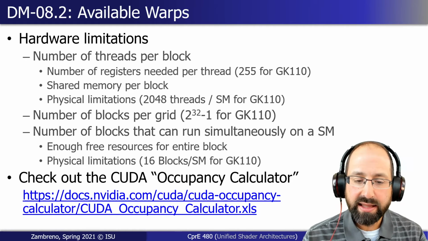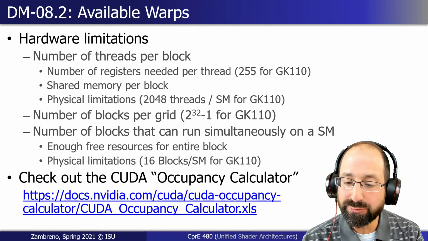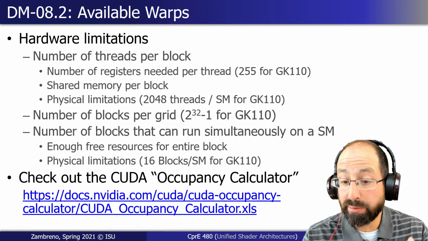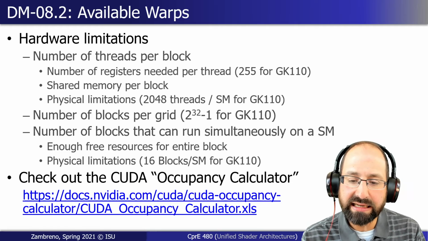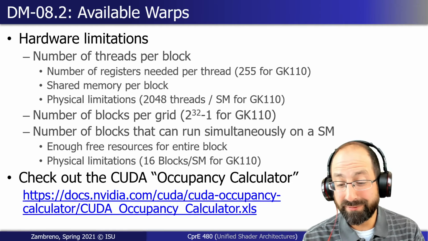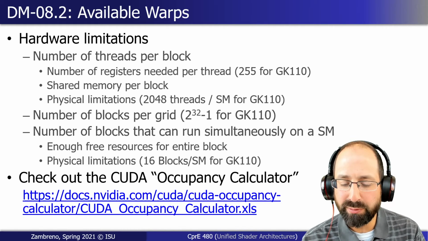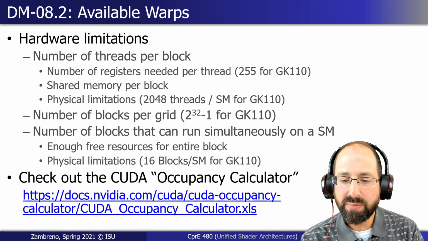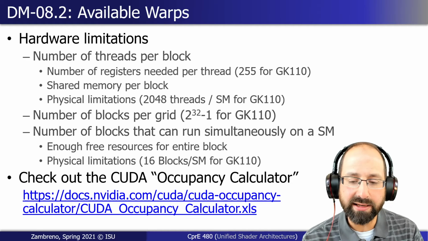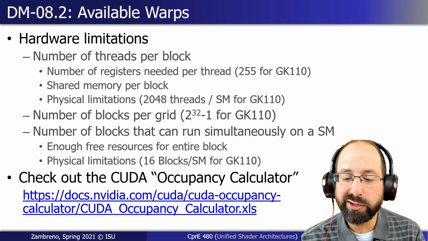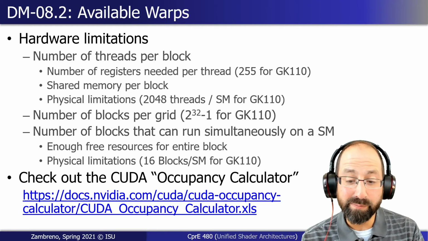And then having said that, this idea of occupancy, or determining what the upper limit of what can get scheduled at any given time, how many thread blocks can I fit, how many warps can I have in parallel on an SM at one given time, becomes actually a first order design consideration for coding in CUDA. In other programming languages, some parallel frameworks do have you be very explicit about the total number of threads, but usually not to this degree, where if you're looking to eke out performance, you want to look at your code and determine something you would normally never even look at. How many registers am I using in my code? We write code, we never really think about that. But when we're working with CUDA,